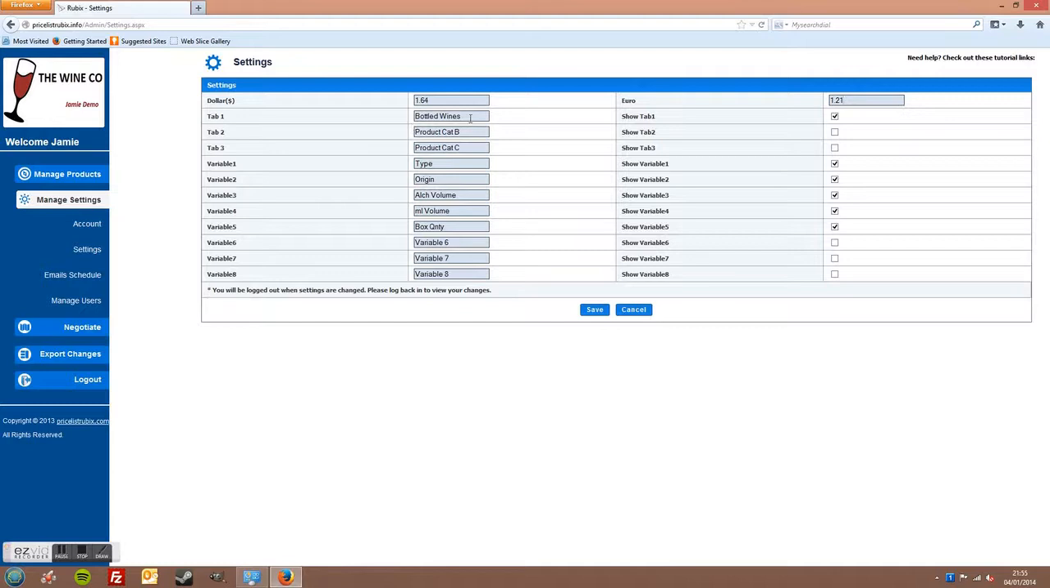I've selected only one product category, which I've renamed to bottled wines. You can have three, but I only need one, so I've just ticked the one. I've changed my column variables as per follows: type, origin, alcohol volume, milliliter volume, box quantity, and I've ticked these active. These are the column headers in your current stock system or the current Excel sheets that you're using and